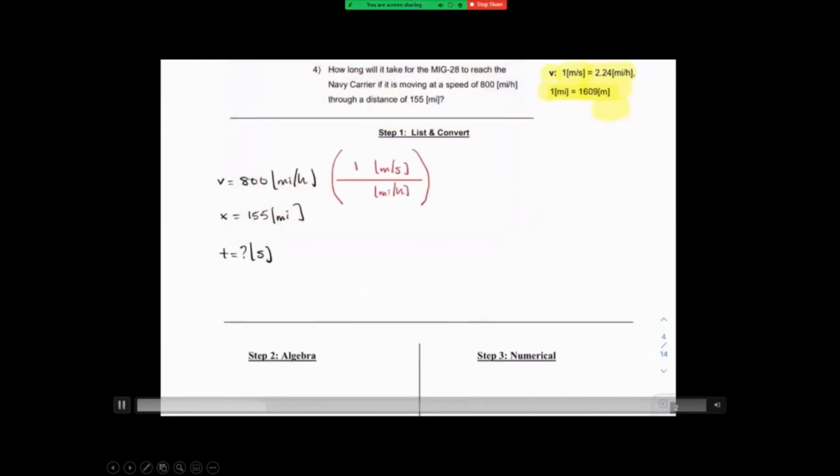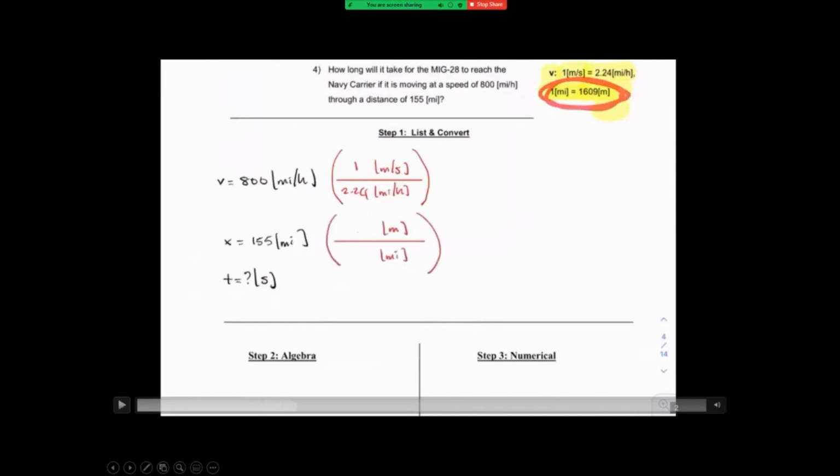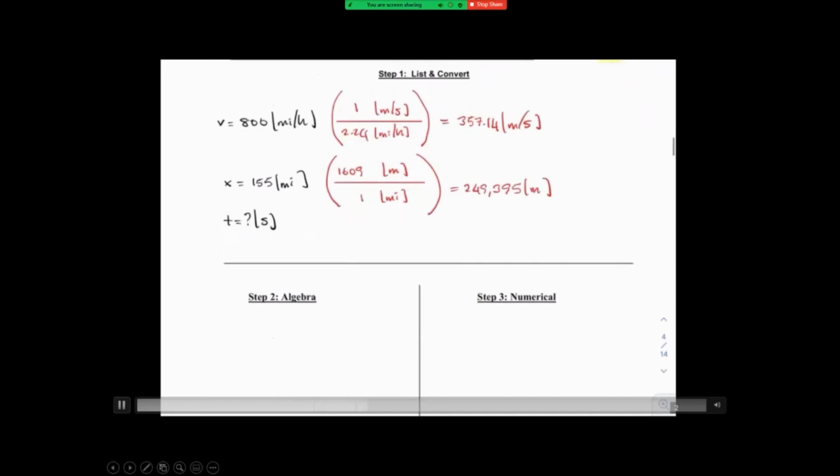I want to see work for a while. So do your conversions the way I do it. I like the way the chemists do it because it's easier. You can see what's going on. So miles per hour to meters per second, miles to meters. All right, so conversions you will find at the end of the formula sheet. And then obviously this is going to multiply the top, everything is divided by the bottom in both cases.